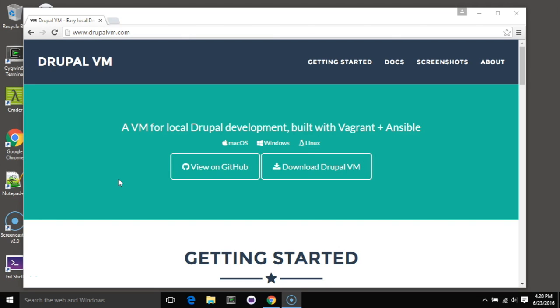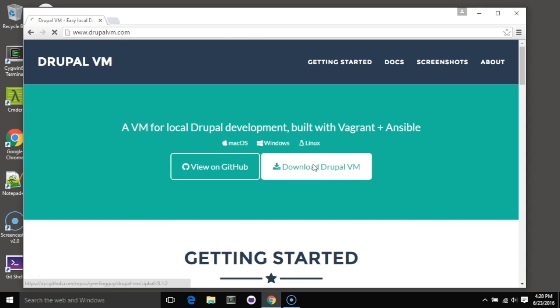Drupal VM is a VM for local Drupal development built with Vagrant and Ansible. One of the nicest things about using a virtual machine for your development is that you can use the same development environment whether you're on a Mac, Windows, or Linux computer. To get started on a Windows PC, in this case I'm running Windows 10, all you need to do is download Drupal VM. And once it's downloaded,